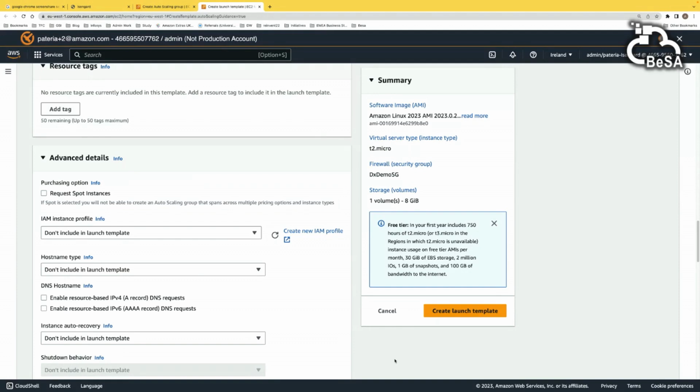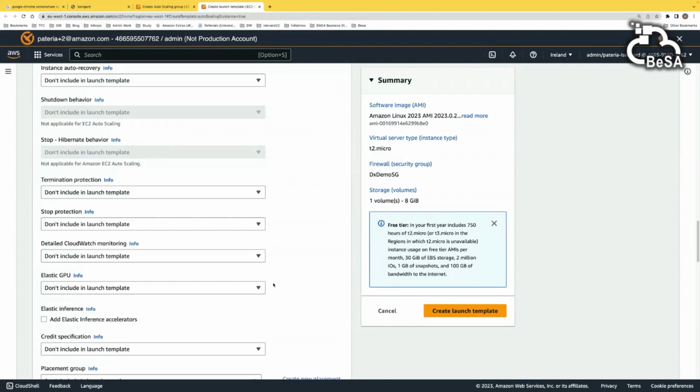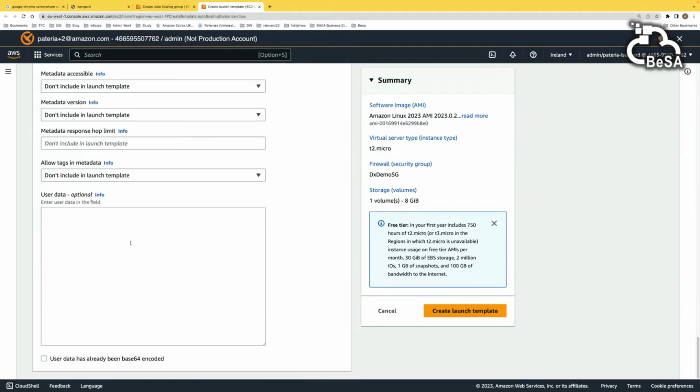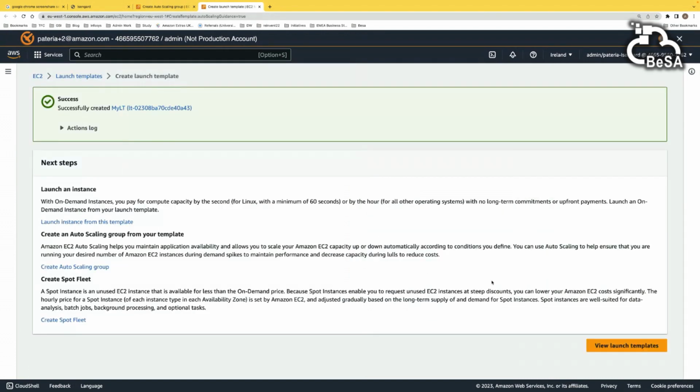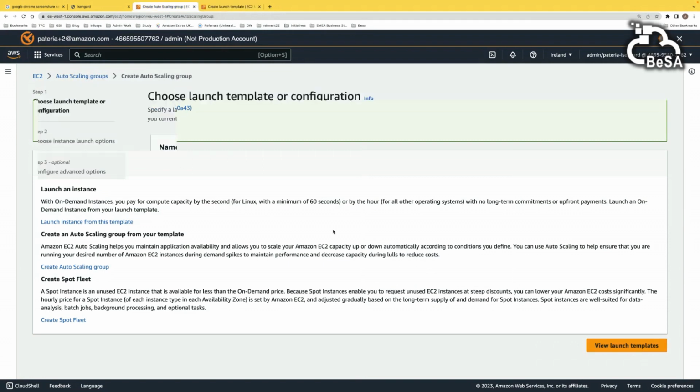And these are just spot instances, and all these are advanced settings. If you want to have some sort of user data, so if you remember when you launch an EC2 instance, you can prime it with some sort of setup, maybe you can update the software, you can download something, you can install something, and start some application, right? So this is the user data. So you can create a launch template, right?